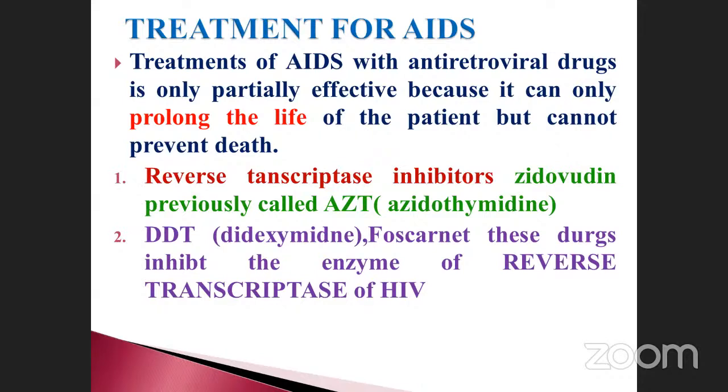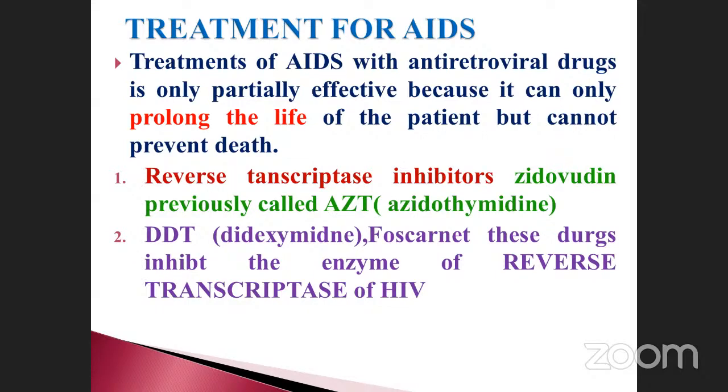Suppose the reverse transcriptase enzyme is inhibited by some component. What happens? The RNA to DNA conversion is not possible, isn't it? As a result, the viral DNA will not be incorporated with the host DNA. That process also suffers, so new virus DNA molecules and new virus production are not possible. That is the reason they use this type of inhibitors. What is that? Zidovudine,